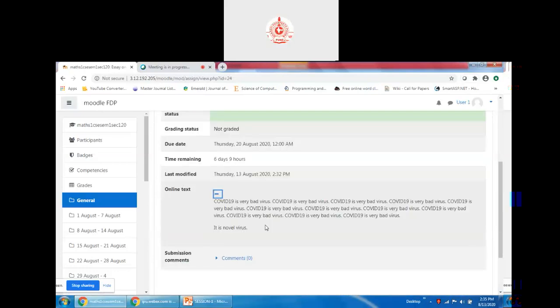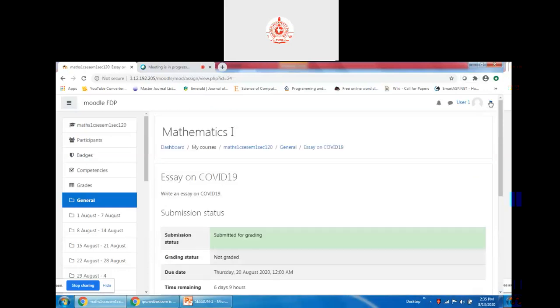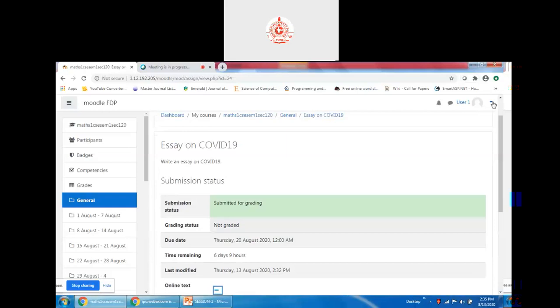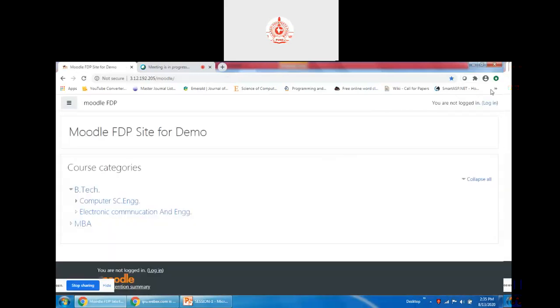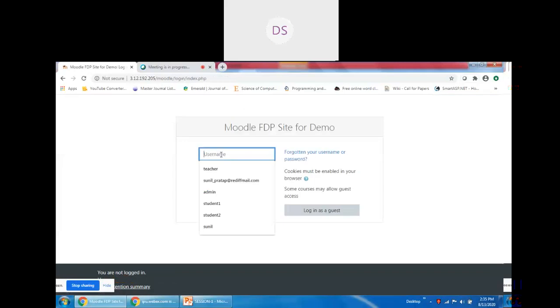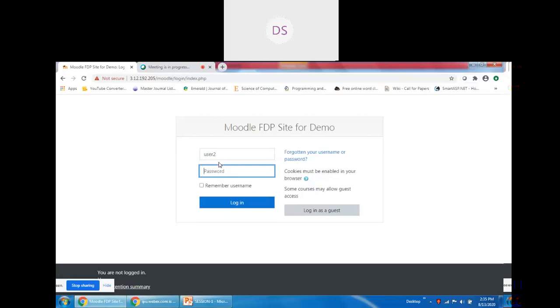Please try to submit through another user. Then I think it will be available here, because you have changed the settings now. Second user is user 2. Yes, sir.